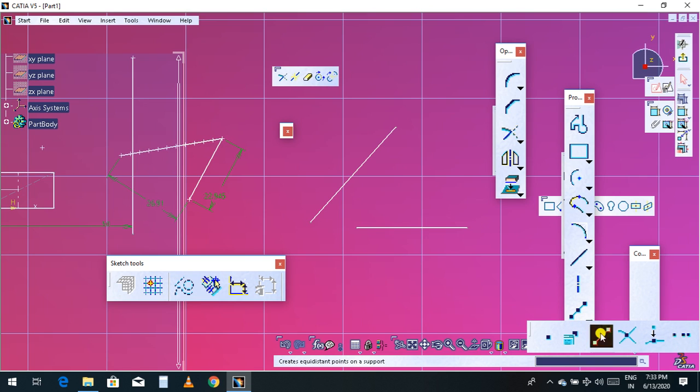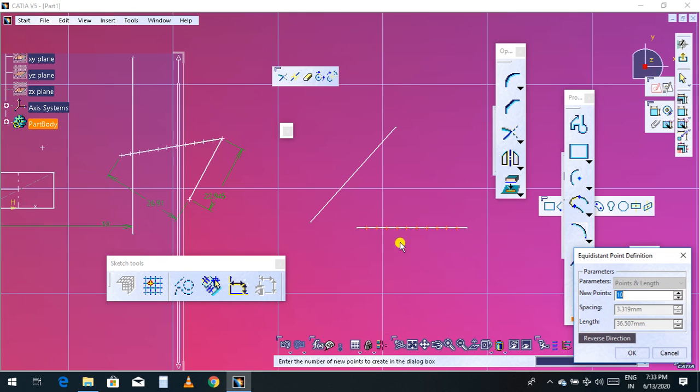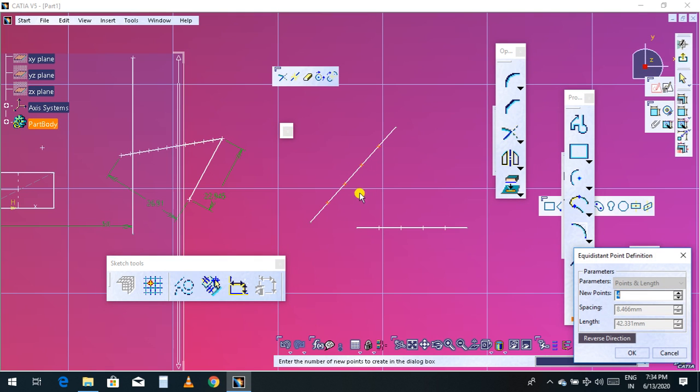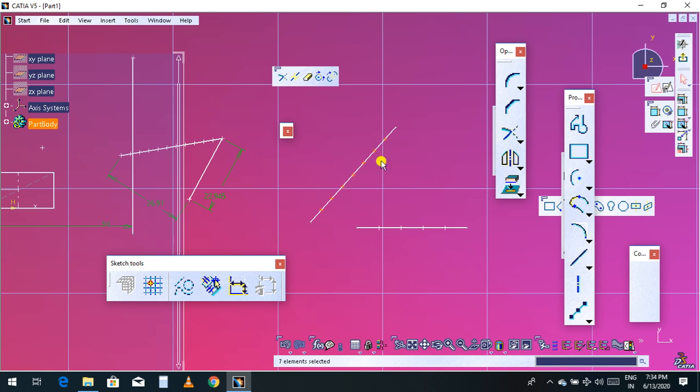Now you can go to equidistant point, click this, and select this point and this point. So now there is equidistance, so you can give the number of points, how many points you want. Suppose I give 4 points, it will give 4 equally spaced points. So select this point, go to equidistant point, give this point and this point, 2 points. Now on this line you want to give a number of points, so I will give 7 points, click OK. So now you can see there are a total of 7 points. So this is called equidistant point.